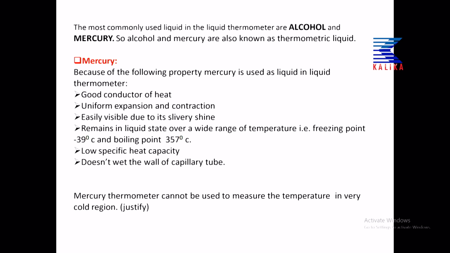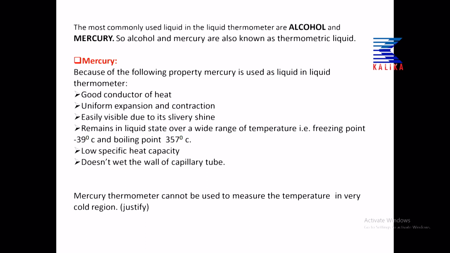Low specific heat capacity means exchange of heat energy is very fast in mercury. That means it easily expands and contracts on supplying a low amount of heat. There will be a change of temperature in mercury with a very low quantity of heat energy. It expands and contracts uniformly with the supply or detection of very low temperature change. Specific heat capacity, in general terms, is defined as the amount of heat energy